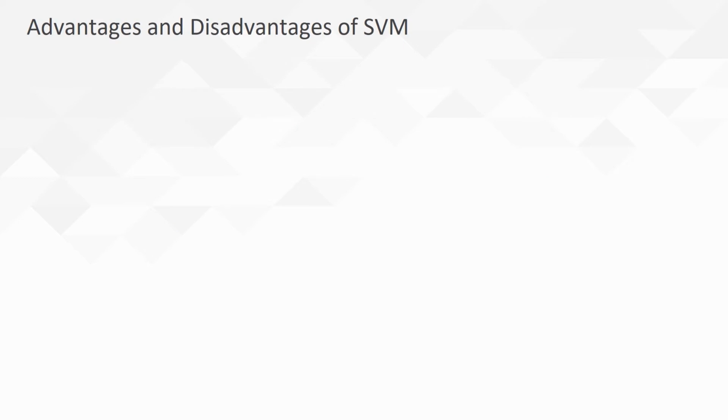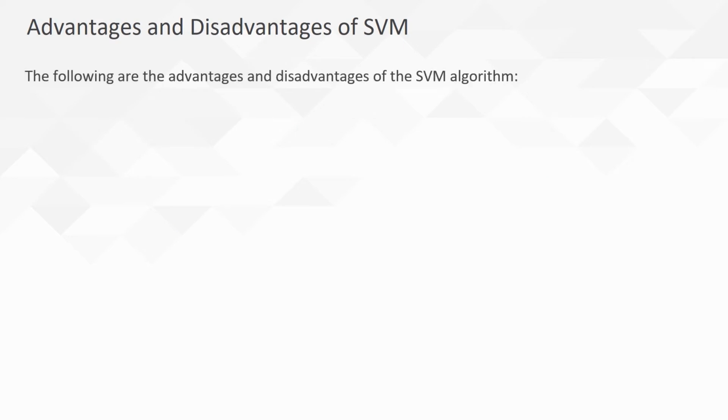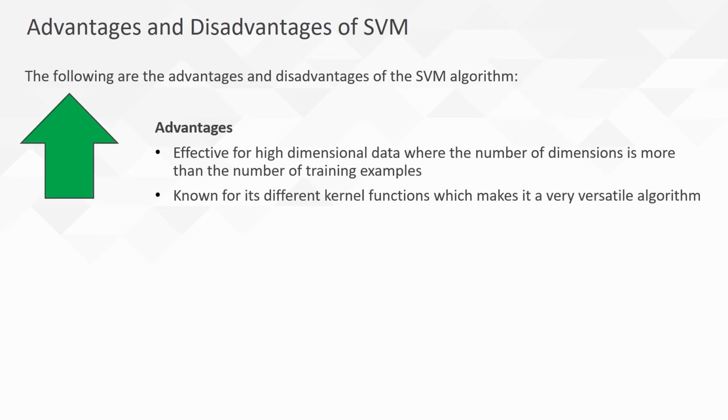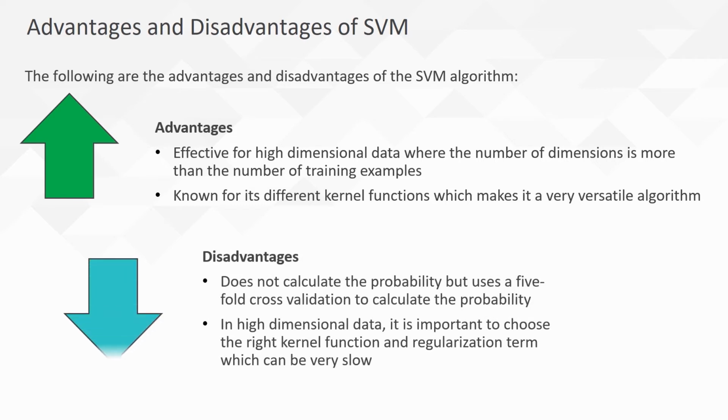There are some advantages and disadvantages of the support vector algorithm. On the advantages side, support vector machines are effective when dealing with high-dimensional data where the number of dimensions is more than the number of training samples. Support vector machines are known for their use of the kernel function, making it a very versatile algorithm. And on the disadvantages side, support vector machines do not calculate probability directly, and instead use 5-fold cross-validation to calculate probability. With high-dimensional data, it is important to choose the kernel function and regularization term, which can make the